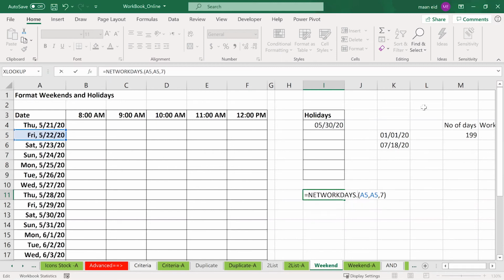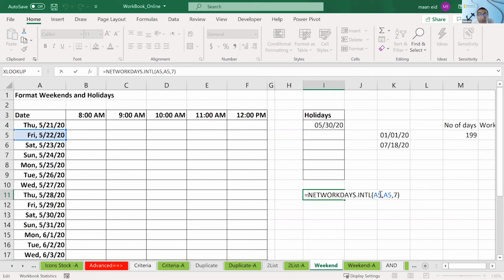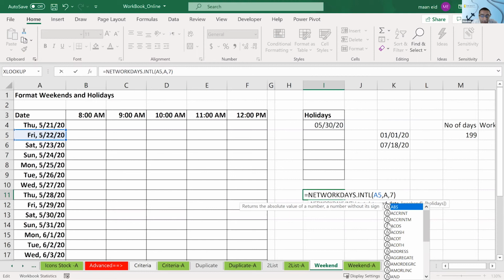Where is international? Dot INTL. You see, because it's not international, it's not. But what if it is international? It's 0. Why 0? Because considering UAE, it's off. It's not a work day. But what about, let's say, the cell A? If I put here A instead of A5, let's say A10,